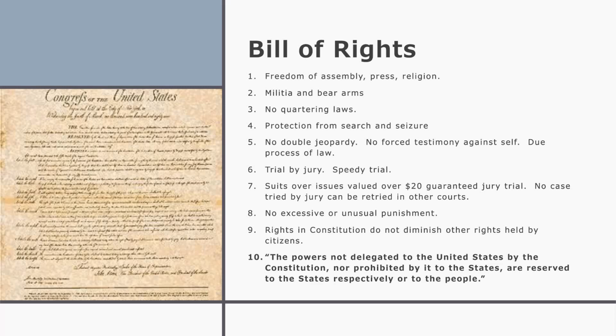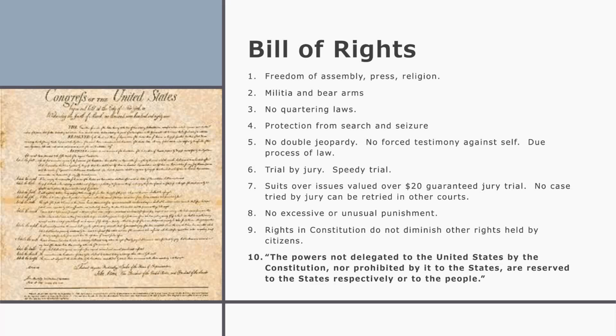Number five, no double jeopardy. This was crucial. Can't be tried for the same case twice. No forced testimony against yourself, and you have the right of due process of law. Habeas corpus, being able to see a judge. Number six, trial by jury, and a speedy trial at that. Although please don't confuse this with speedy trial meaning you get it right away. Even today, sometimes it can take years for a felony arrest or a misdemeanor to finally be resolved before a